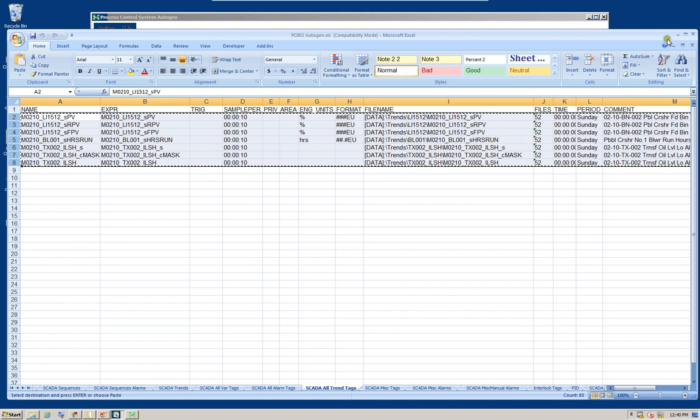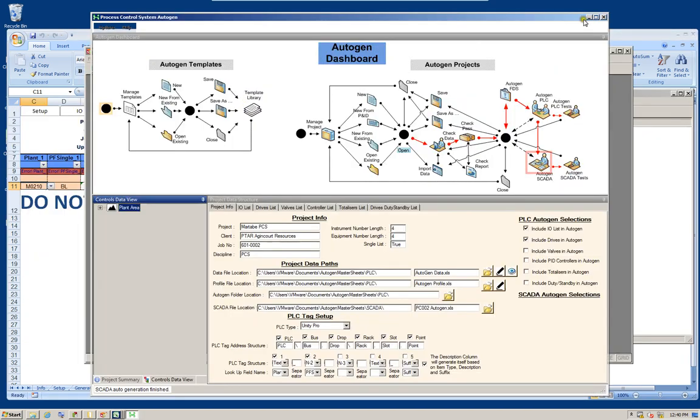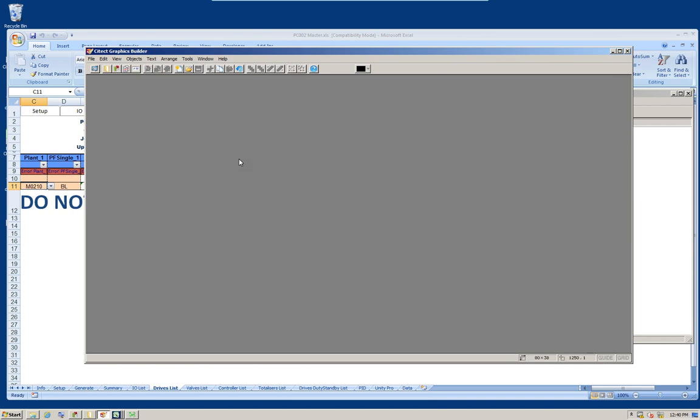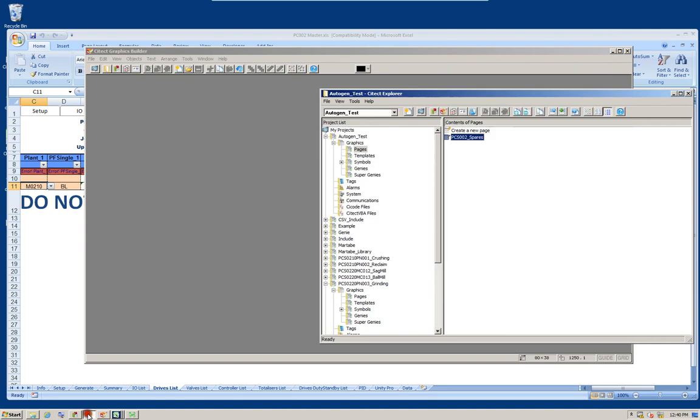Our SCADA system for this particular project is generated, and all we need is to compile and run it and see whether we get some compile errors. In this particular case, we have auto-generated code for this project called AutoGen test.